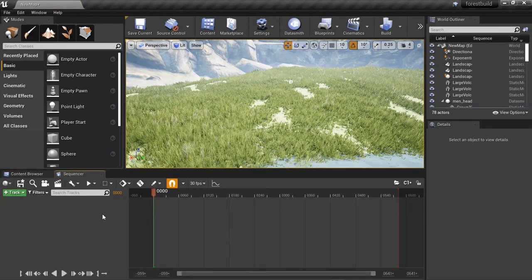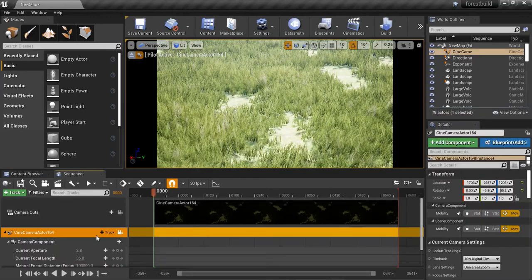So for the camera 1 we need to click on this camera button. If we click on it now, we don't have any camera in this environment. If we click on this, a camera is automatically created in this environment. So create the camera,